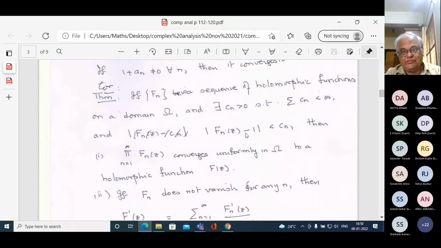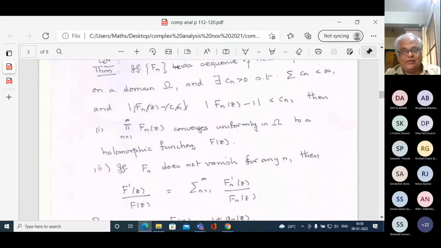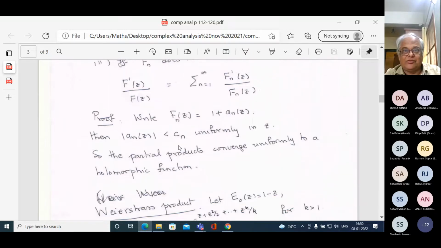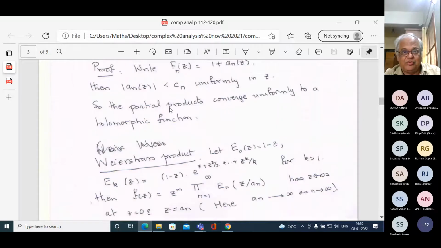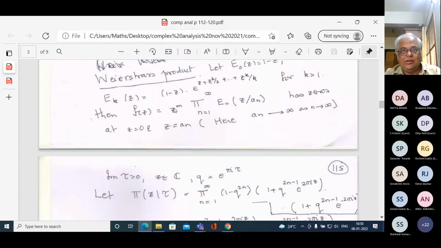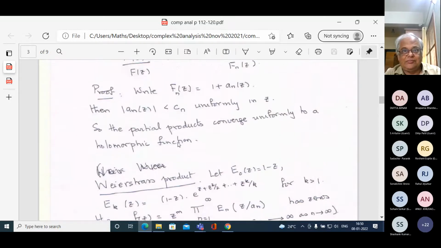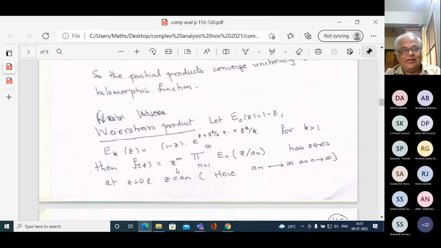...which are close enough to 1. Okay, and the sum of Cn is finite. So Fn minus 1 in absolute value is less than Cn. If the summation of Cn is finite, then this converges uniformly to a holomorphic function, and we have this business about f prime over f. Okay, and there's a consequence to this, which says that given any sequence of function,